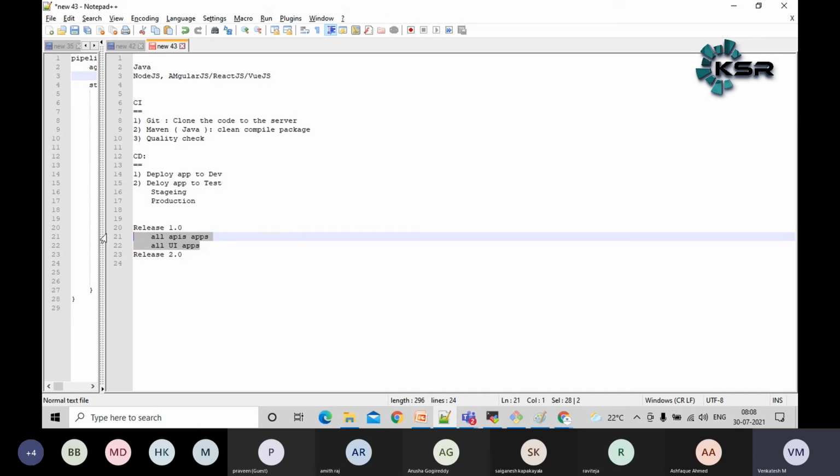Similarly, we have a set of npm packages or AngularJS code also, guys. All these things will be called an artifact, a release artifact. When you say release artifact, whatever things are required to deploy this release 1.0, that will be called the artifact. This is how I will define it. Some people may define it in a different way, but overall the concept is the same.